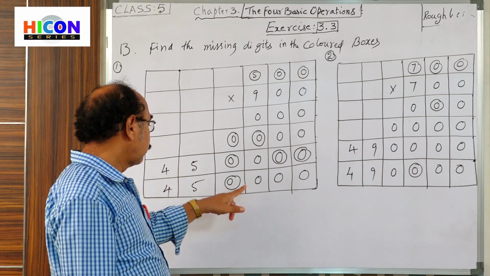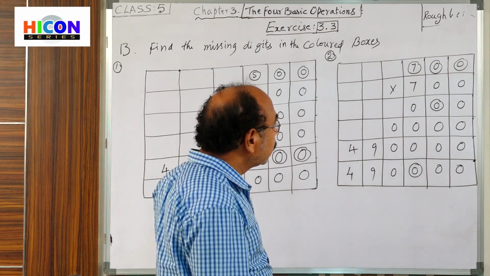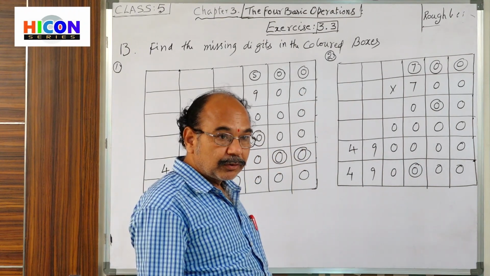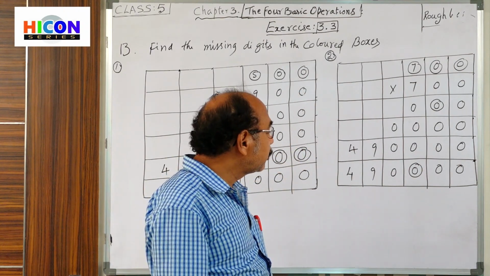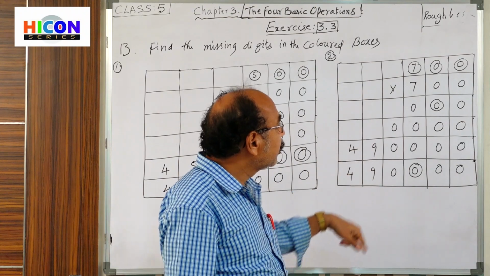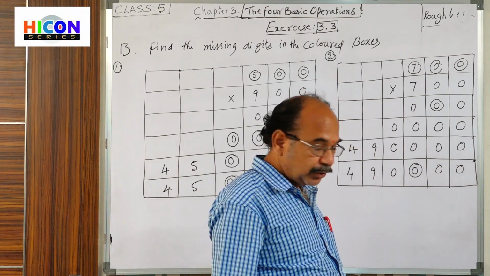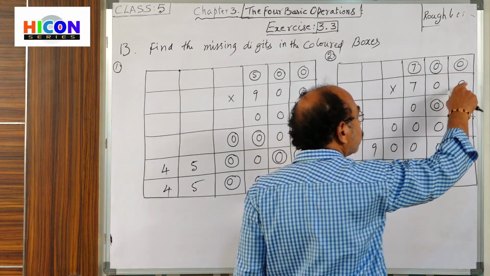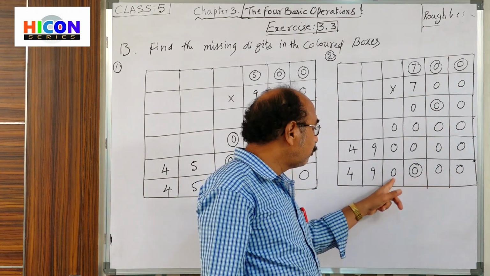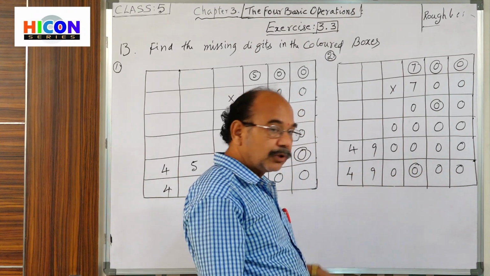So, 4 lakhs 50 thousand. Here also, in the second one, you see 700 into 700. 3-digit number into 3-digit number. How can you understand that it is a 3-digit number? Here you see last 7 into 7, 49. Here 2 zeros, 2 zeros. Total 4 zeros. 1, 2, 3, 4 zeros. In 700, 2 zeros. 2 zeros, 2 zeros, 4 zeros. That's why in the last row, 4 zeros continue.